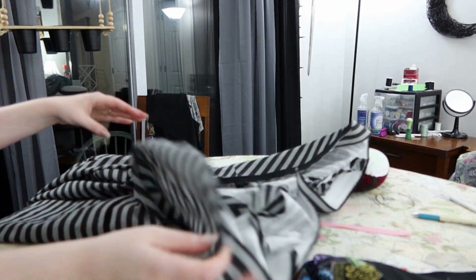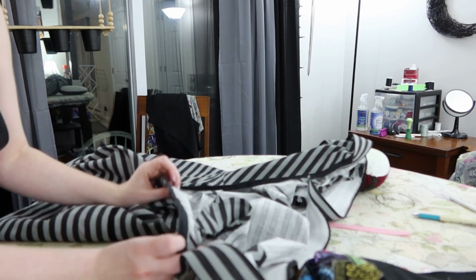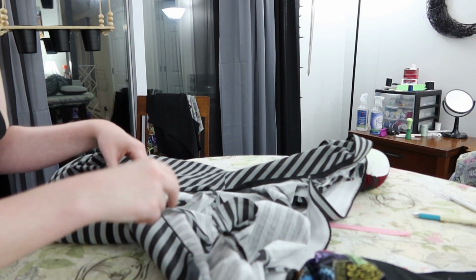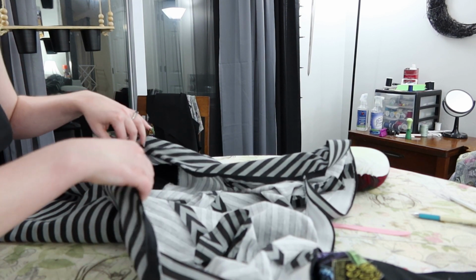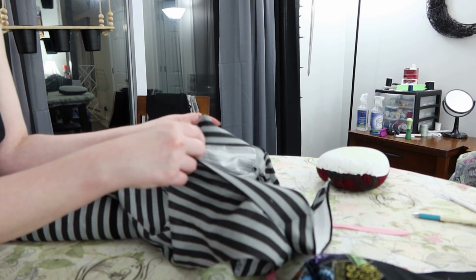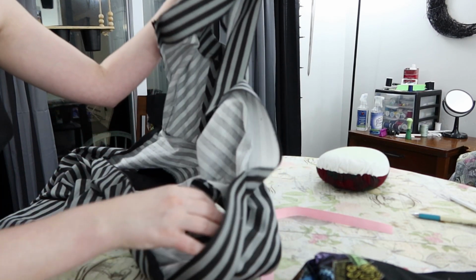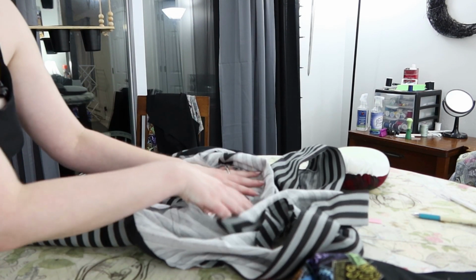I didn't bother with updating with the zipper and the center back. Because this is all cut on the bias, I am not finishing the edges because they won't fray, because again, they're cut on the bias. So I just did a regular polyester zipper at the back here. I need to sew a hook and eye up the top. And I need to get my facings sewn down, but other than that, all I have to do